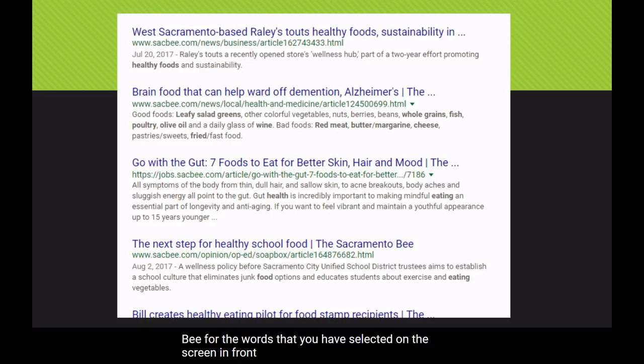On the screen in front of you, not the first one, not the second one, but the third one, it says go with the gut. Then I want to draw your attention to the green letters right underneath there. In my opinion, this is a huge time saver. When you pay attention to what that website address actually is, you can quickly ignore the ones that are an absolute waste of your time. So this one starts with